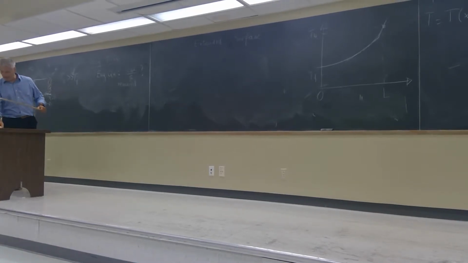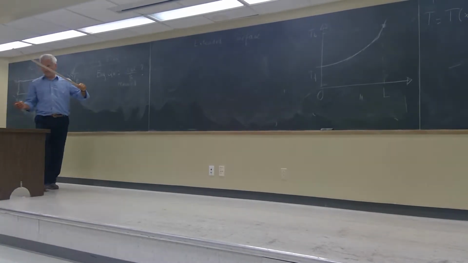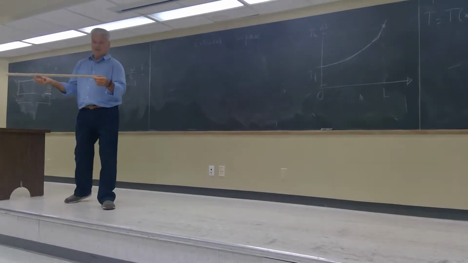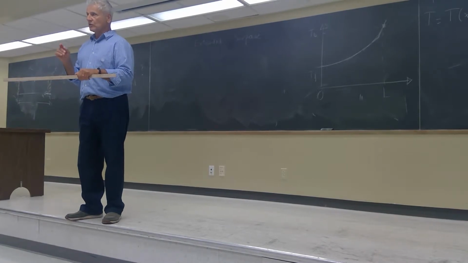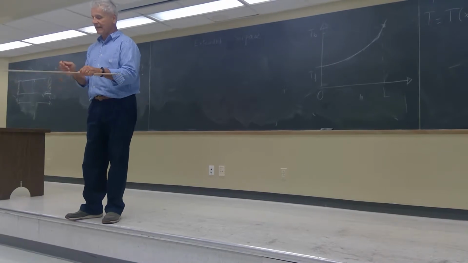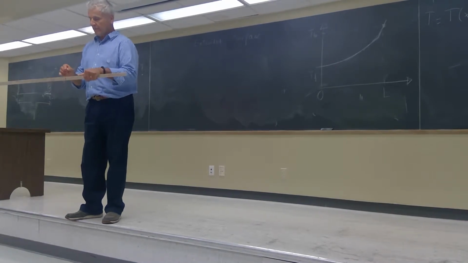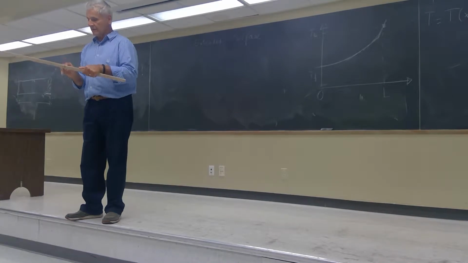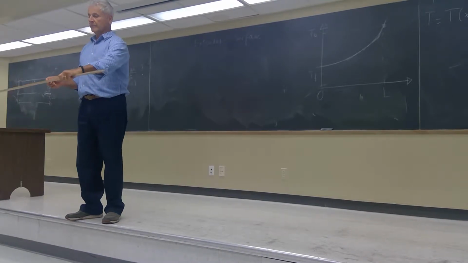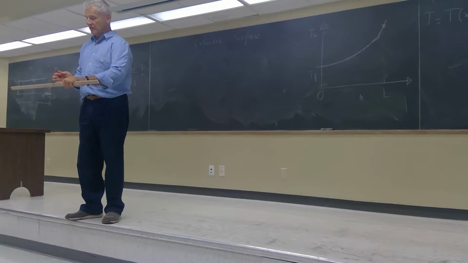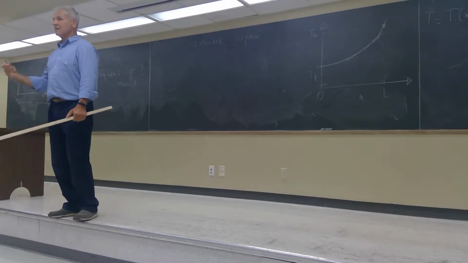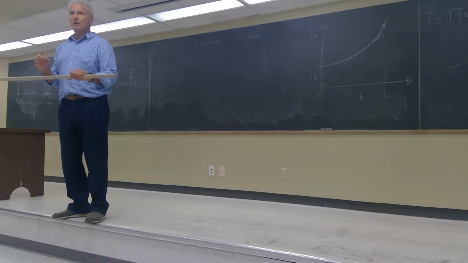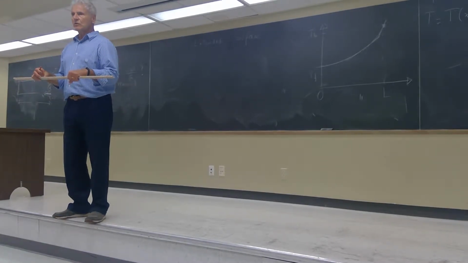So, before I do that, I will show you on this. I did not bring this here, but since it's here, I'm going to use it. The element onto which we're going to write a balance is going to be a very thin slice of this, that goes all around like this. Do you see it? Cut this, and then make a balance: heat goes in, minus heat goes out, due to conduction,